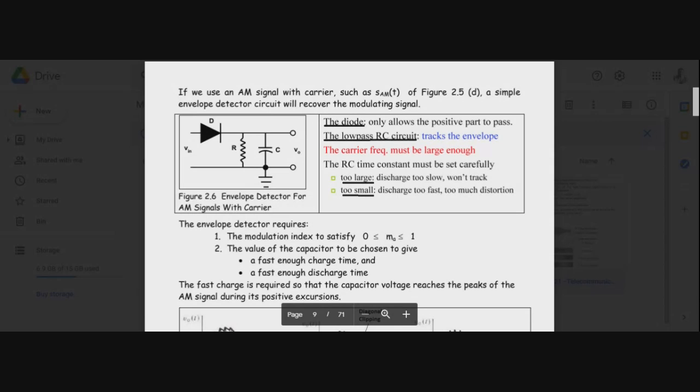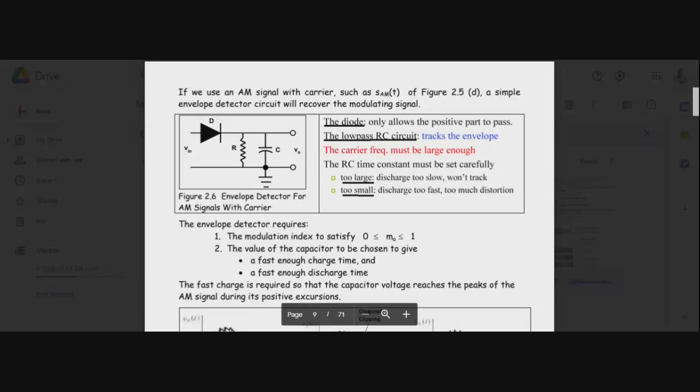The output v0 will be equal to the input. We're assuming that you ignore the voltage drop across the diode. So the output is directly connected to the input